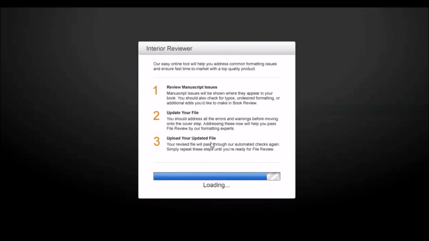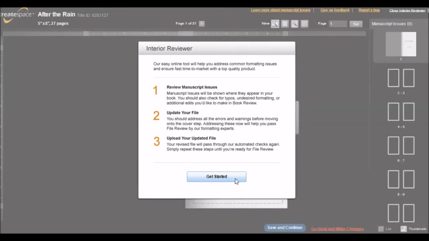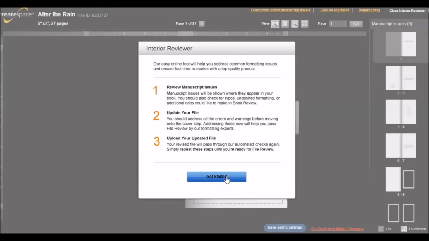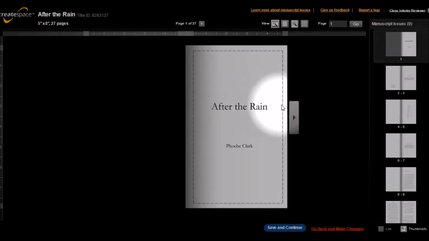So it's great when you're making edits, when someone edits your book, or even when you find an error after the book has been published, you can go right in and do this same process. So this is where you're going to click Get Started. We are going to review the interior of our book. So here you see it actually shows you the book itself and what it's going to actually look like. So we're going to scroll through the pages